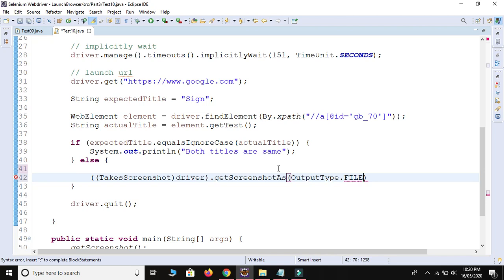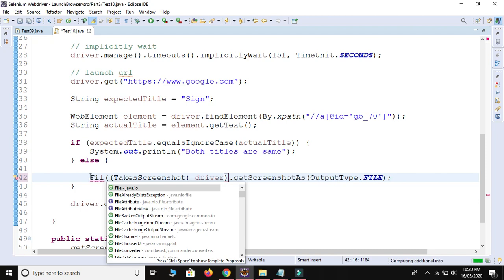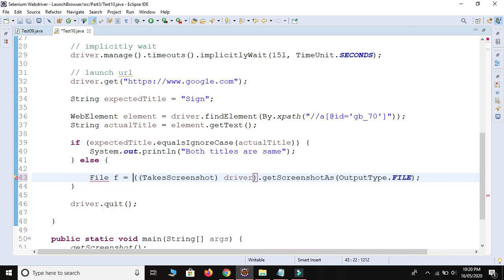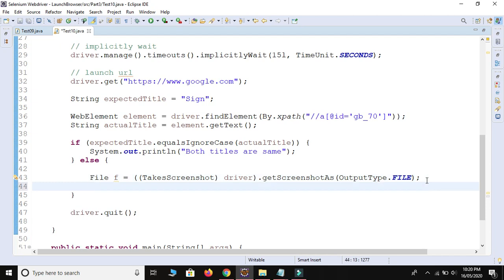Okay, so this is the first line. It will return one file, so I will store it inside the one file. File is a class: File f is equal to take screenshot driver dot get screenshot as output type dot file method is there.